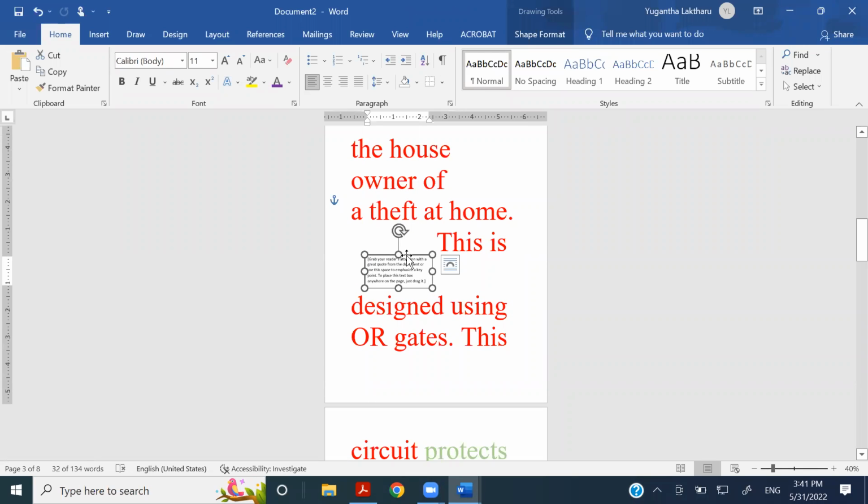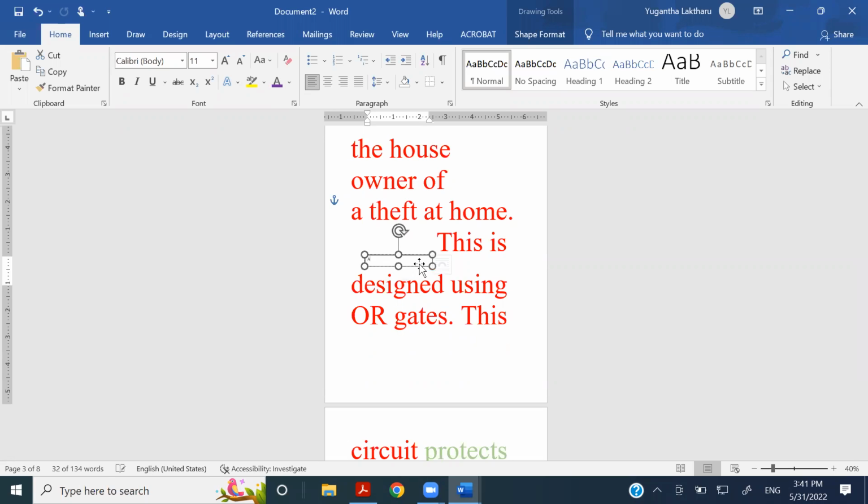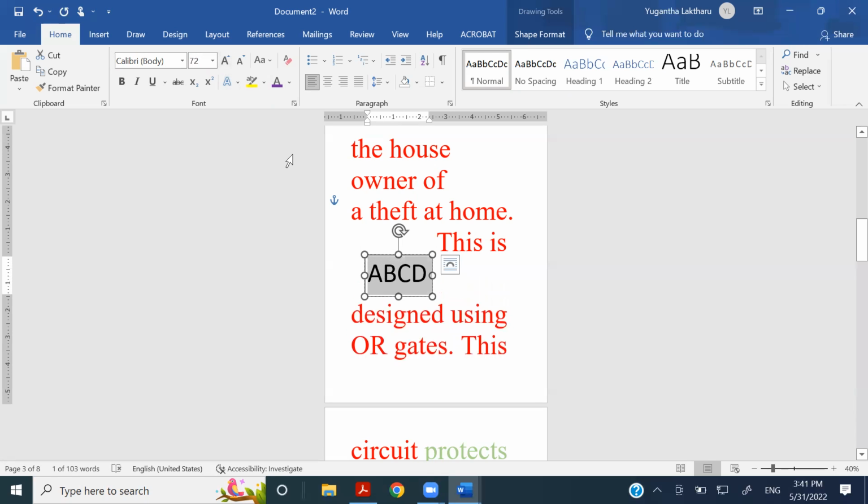It will help you in many different scenarios. It will allow you to divide your page into different kinds of segments, or to create different kinds of columns and rows, right? Even though you can take the help of a table as well, a text box is a much more flexible thing, right? So if you type A, B, C, D, and if I make the font bigger inside this,